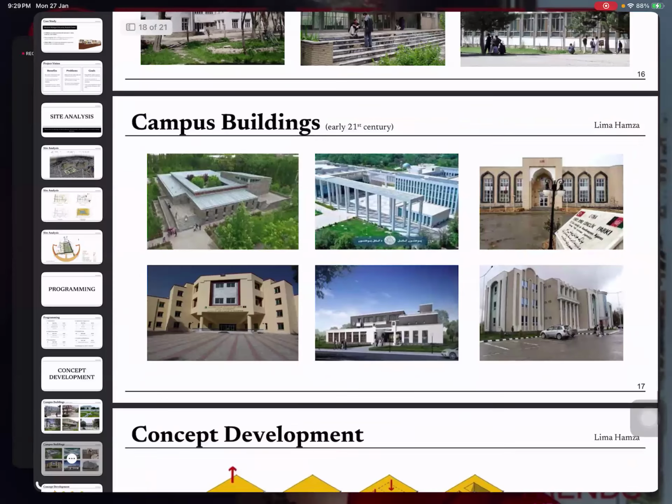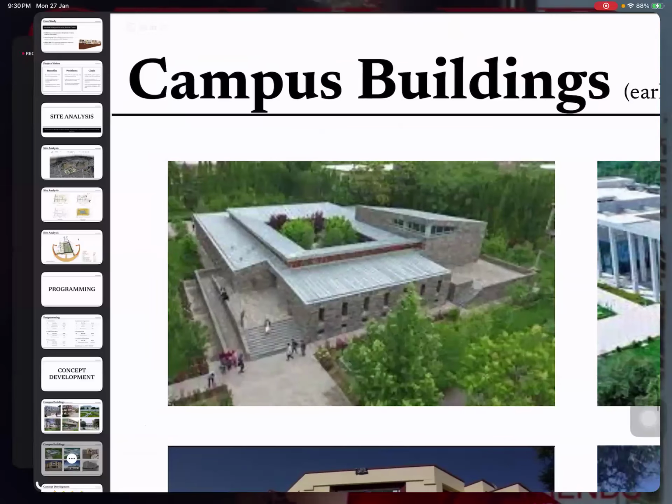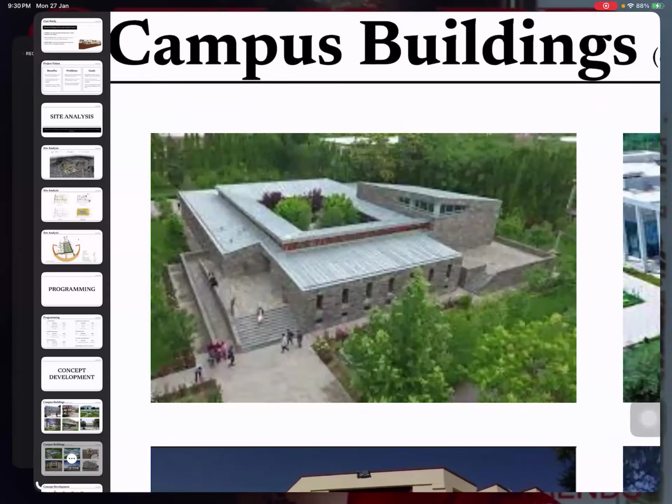But as you can see in these ones, they are kind of masses. They are big, and they do not really match the site or match the other buildings that are listed. The only building that is built recently, and it matches the site, and it matches very well the elements that are already used in the buildings that were earlier built, is one of the libraries. We used to call it Kitabkhane Sangi. In the first picture, as you can see here, I didn't have a better quality picture, so this is all what I've got. As you can see, they have used